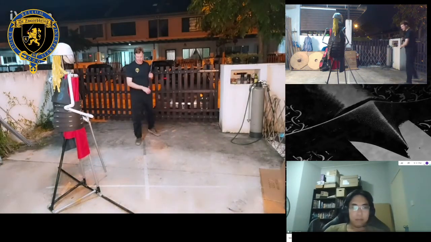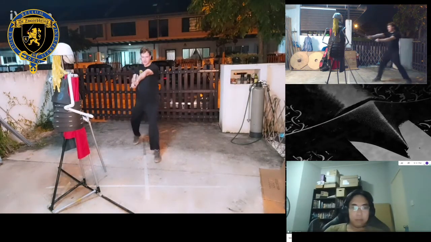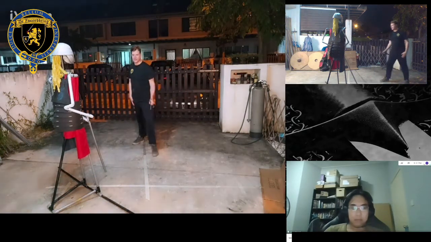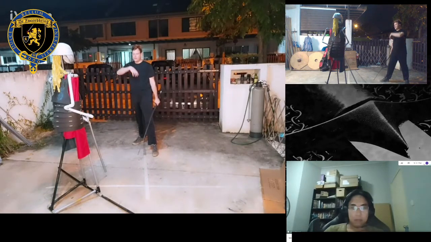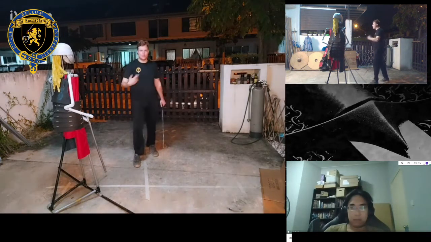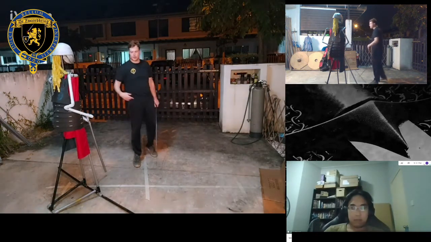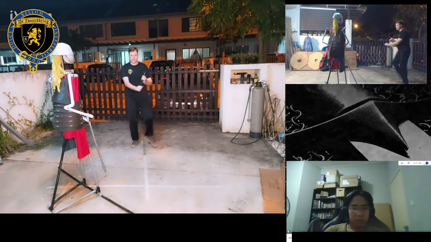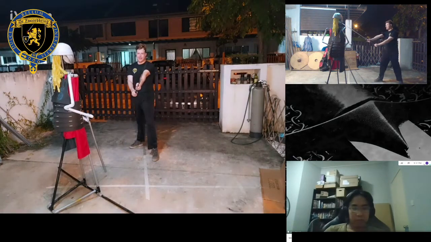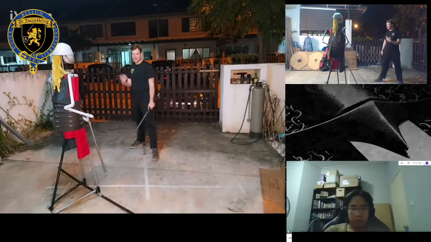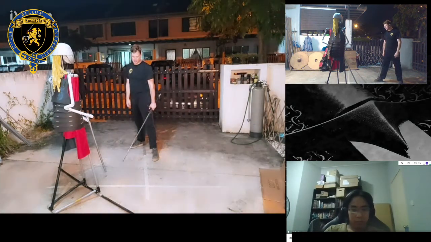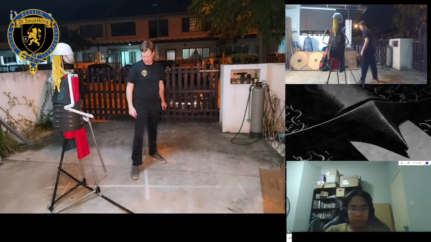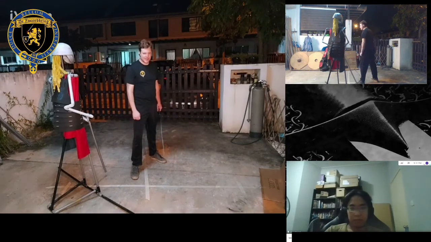As the attacker is stepping in with his cut, the defender is stepping backwards with his defense. If you do this with every cut, you will always stay out of reach of your opponent, because your opponent will start out of reach, he will step forward to get into reach, and then you step backwards to get out of reach again. Simple. So our first defense will be taking a step backwards in our basic defenses.